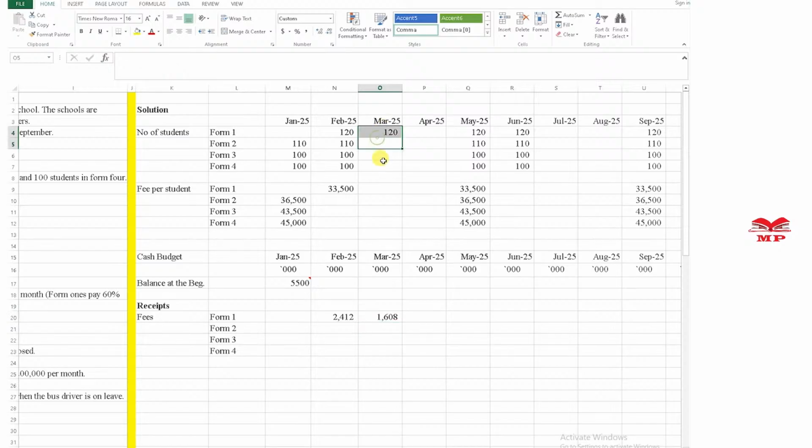So I don't need even to have this column over here. So just delete it. Even these ones, we may not necessarily need them right over here because they're just going to be the students when they join. So I just deleted those ones over there. I was just putting them over there so that I can be able to see, in terms of computation, how I'd be able to compute them. This is when the Form 1 students join. So we can be able to put over here